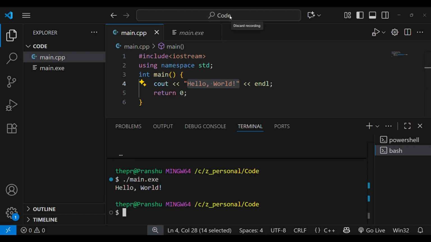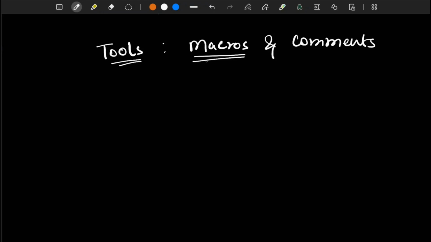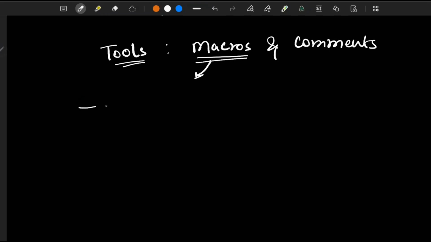Now let's talk about two handy tools, macros and comments. First of all, talking about macros: a macro is a piece of code in a program that is given some name.